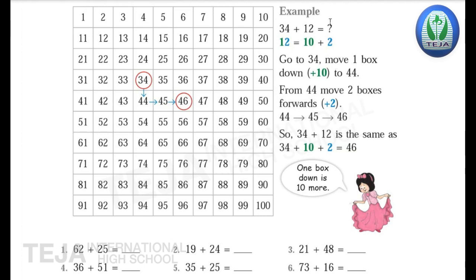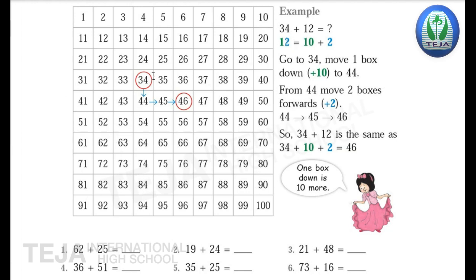Now see here, the example given is 34 plus 12. That means regrouping 12. When we regroup 12, what happens? Here it is 10 plus how many ones, children? 2 ones. As 2 is in the ones place and 1 is in the tens place, 12 equals 10 plus 2. So without drawing lines and counting, just with the help of this table, we will do additions.